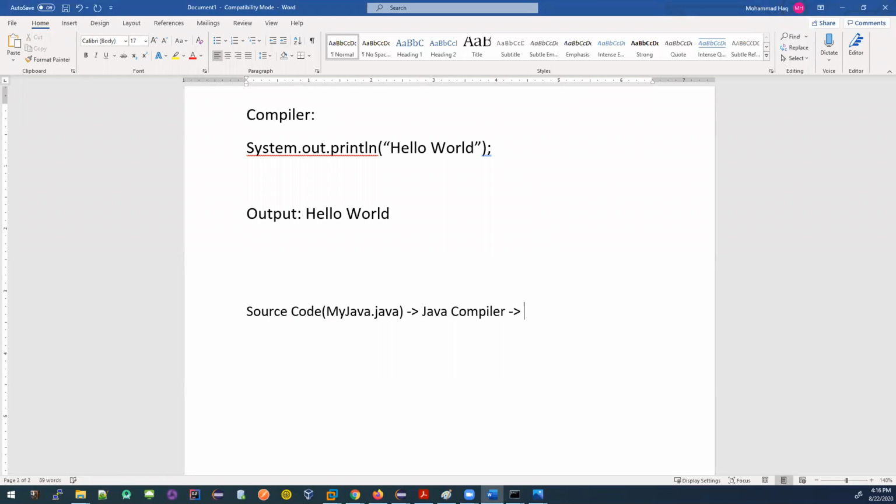And what does the Java compiler do? The Java compiler will take this instruction. This is a Java statement, right? And the instruction is basically saying, hey, print out this hello world string. The meaning of a string is a number of words. When you have a number of words in a sentence, we call it a string. We are printing these words, and this word has been printed. How does this word get printed? This source code is taken by the Java compiler, which converts this source code to something else, which is called bytecode.